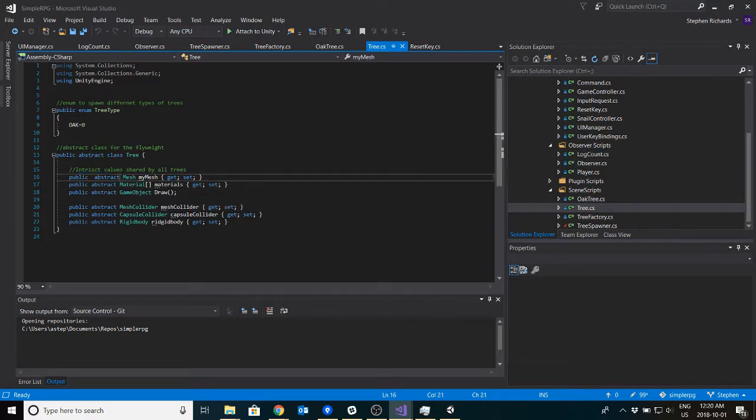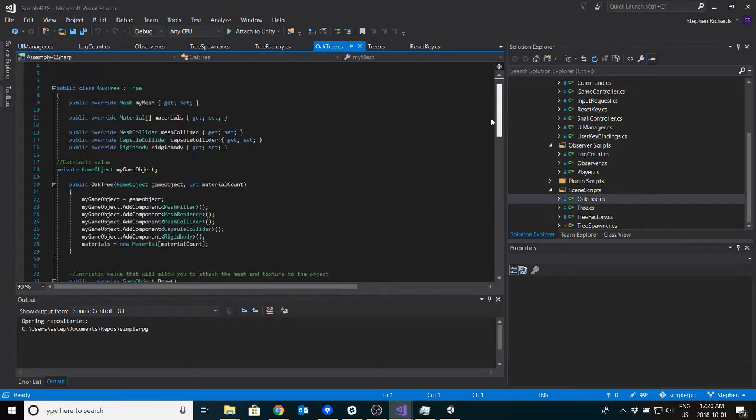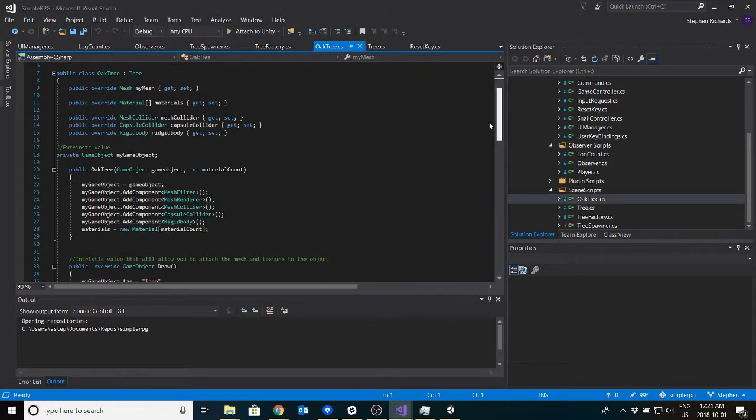So this data here is all shared between every tree. For each tree, this is all going to be shared: their mesh, their materials, drawing a tree, their colliders, and their rigid body will all be shared by any kind of tree. Then we have a concrete example of this flyweight, which is our oak tree, to which we send any extrinsic values like your material count, how many materials you have, to the actual